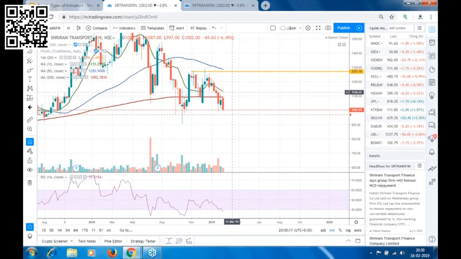then how can you expect the stock on the 15 minutes chart to break that barrier? Or suppose you check the 1 hour, 4 hour time frame, and you are trading on a 15 minutes time frame for intraday, and if there is a support just below your entry point while you are going for a short trade, then how can you expect the stock to break that higher time frame support? Because you are using a lower time frame for your entry point. So we are looking for a stock where we can take entry, where there is no major hurdle, no major barrier once we enter the stock,